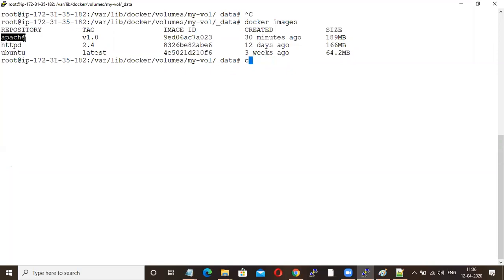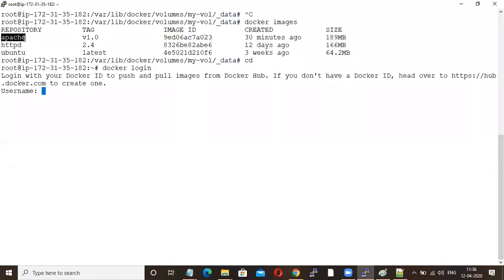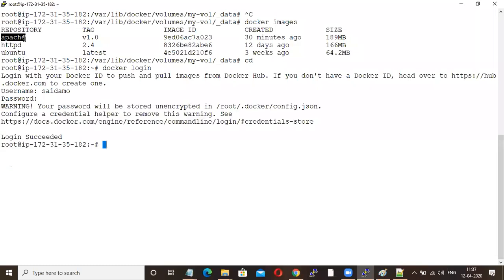First you have to do docker login. It will ask for a username; here you have to give your Docker Hub username and Docker Hub password. So here you will get login succeeded.